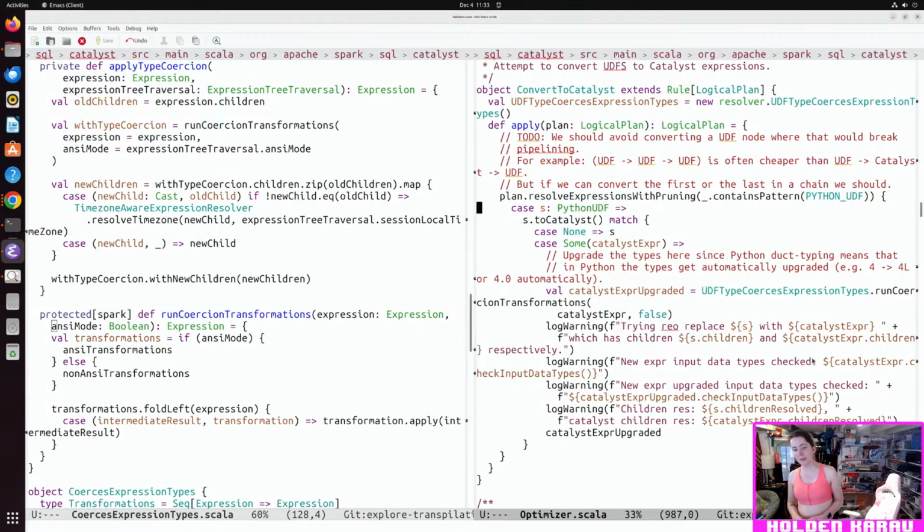So my thought here is essentially we want to try and write some logic to do this thing that I think we should do. The reason for that is that's why we want to keep these nodes as things which could either stay as UDFs or become catalyst expressions, depending on the context. Doing that's kind of a pain, mind you.